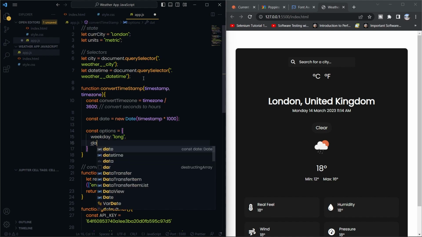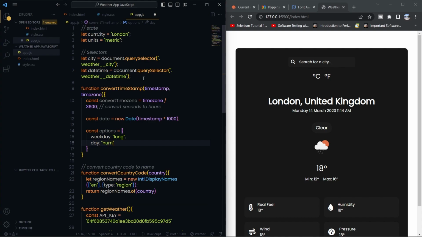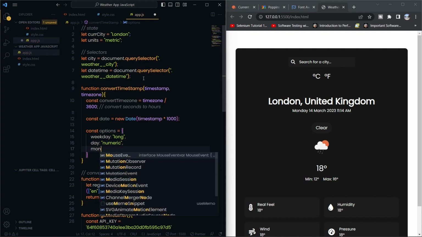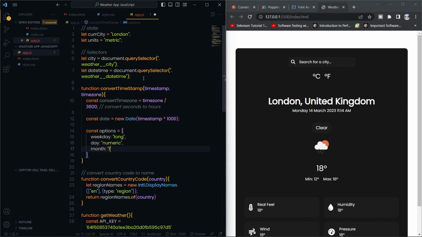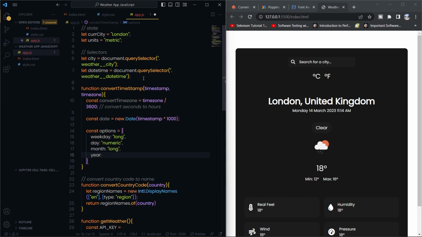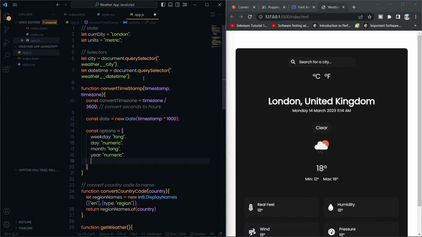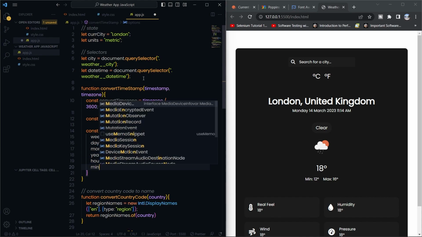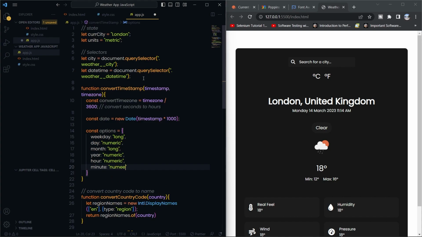The day will be numeric, month long, year numeric, hour numeric, minute also numeric,